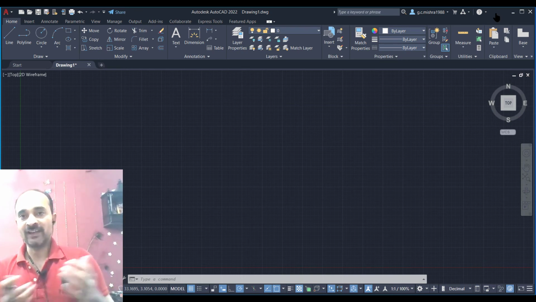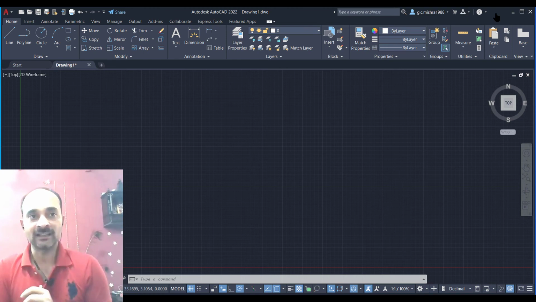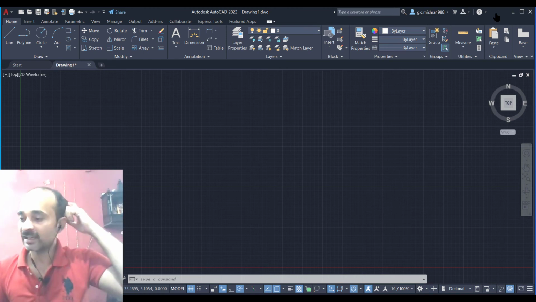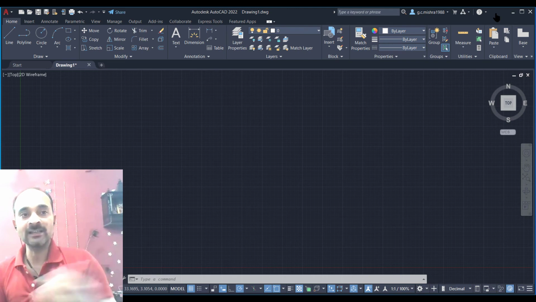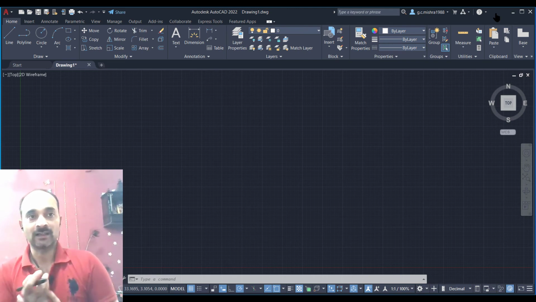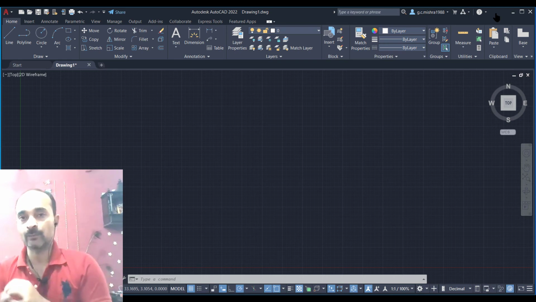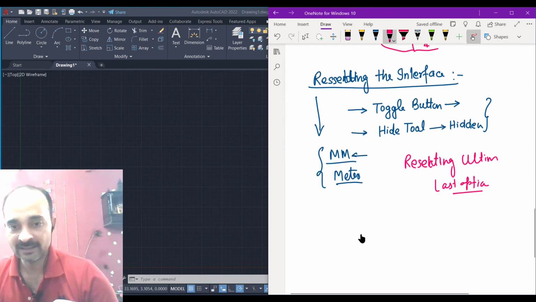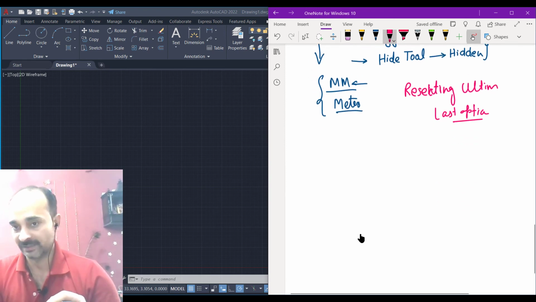If you are facing a different interface, then you have to check the workspace condition also. Before going to reset, you have to check workspace settings also, because your AutoCAD has different types of workspaces.